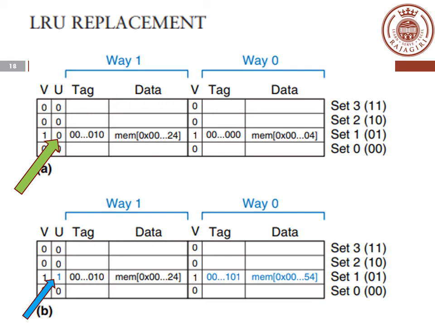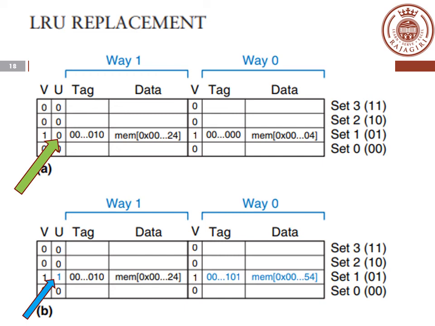Now the second instruction is executed. It points to memory location 24, and that is loaded to way 1 of set 1. Now you can see, after loading both the values, way 0 and after that way 1, the use bit is mentioned as 0.